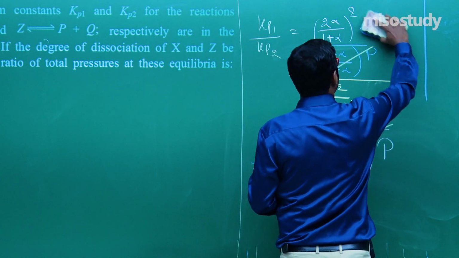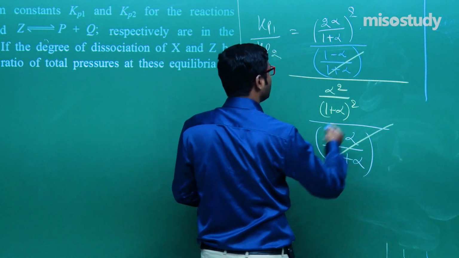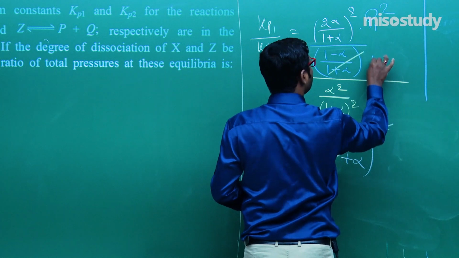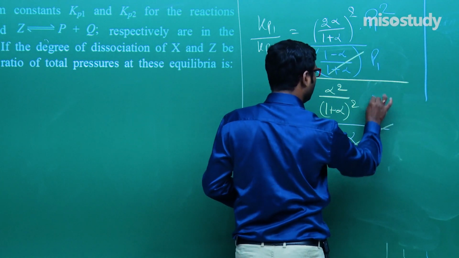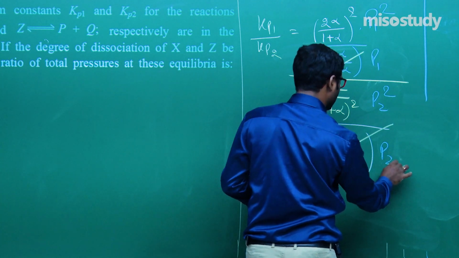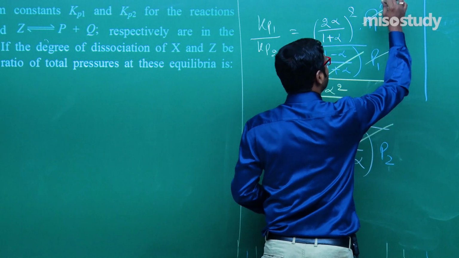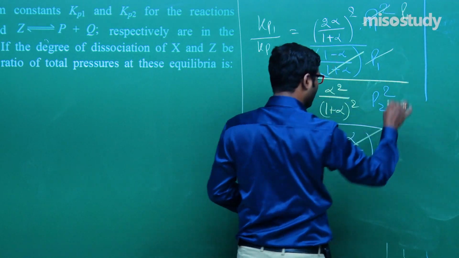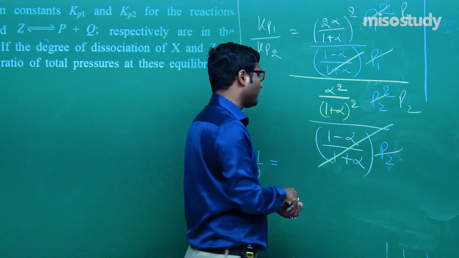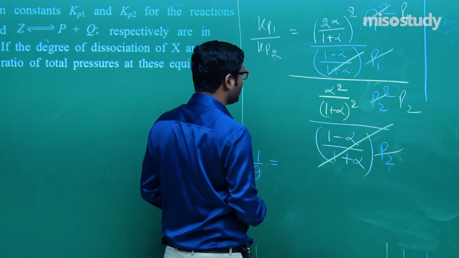One thing I have to mention here, the ratio of the total pressure. Take the total pressure as P1 and P2, so that you can easily differentiate, because here the mention is P1 square. Clear to you? Mention here P2 and mention here P2. It's very much easy for us. Now this P1 and this one cancel. Here P1, this P2, according to the question total pressure is different. Now this one and this one will cancel, because degree of dissociation is same.